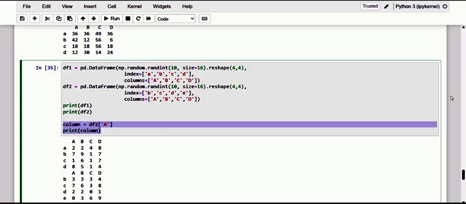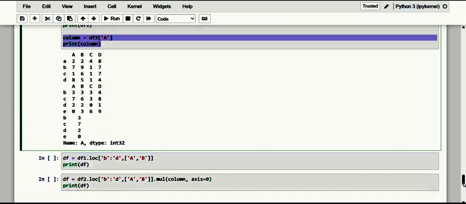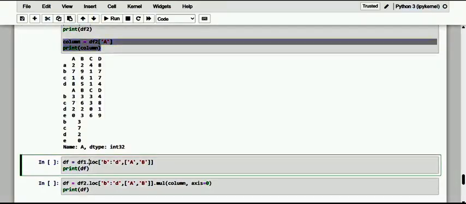Kindly observe, dear friend. You are able to observe now, and I'm going to extract. Depending on the labels, I'm going to extract using loc, from the exact A, B, the column. And the next one is going to make the multiplication.